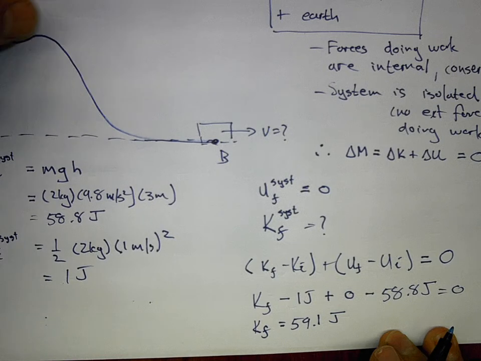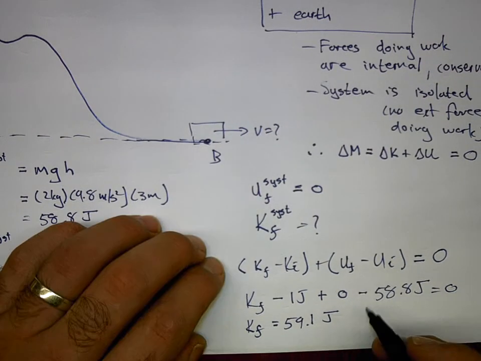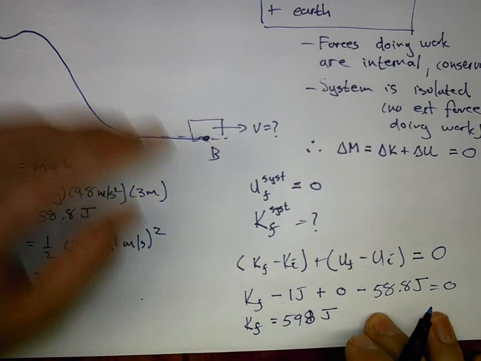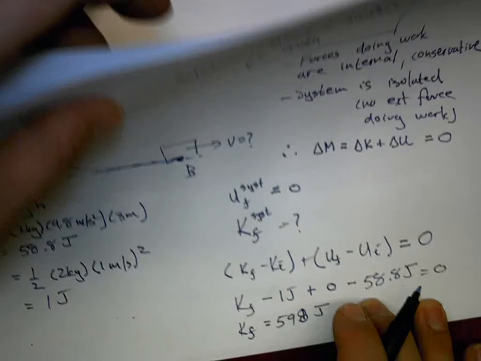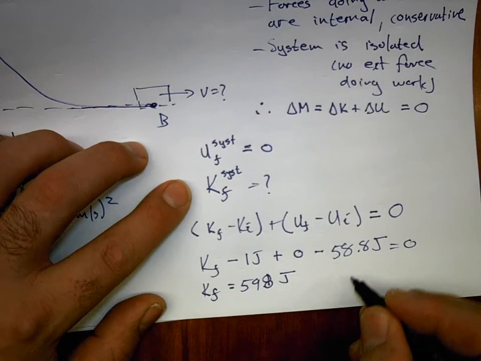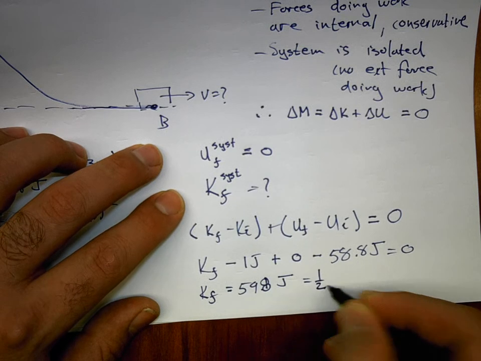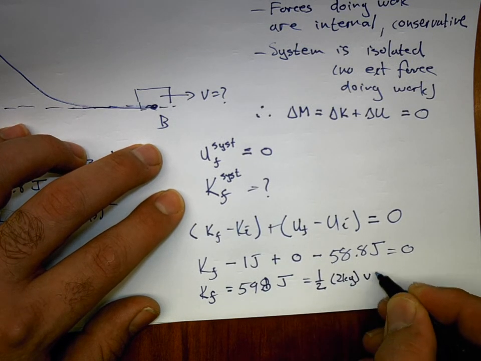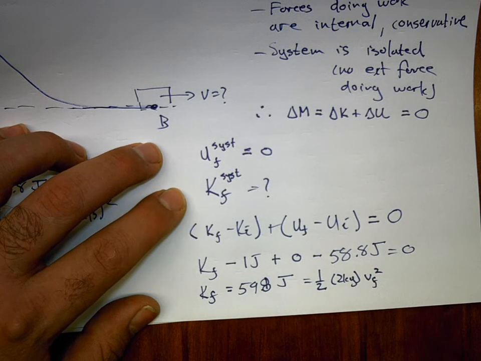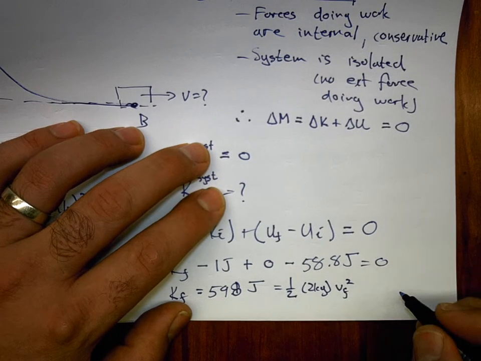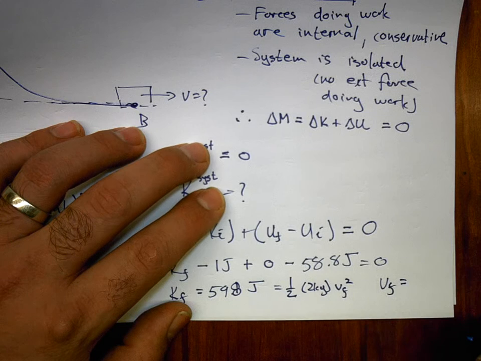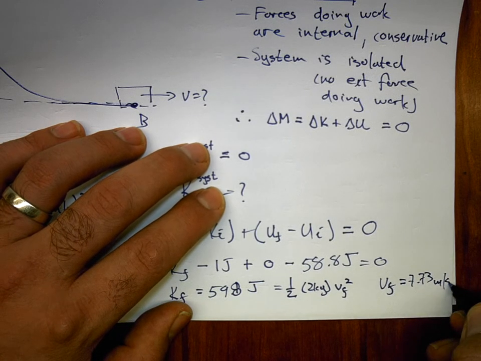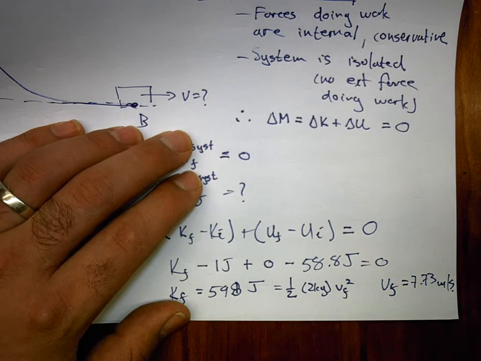From this, we can calculate the final velocity. We know that this must be equal to a half times 2 kilograms times the final speed squared. And if you do the calculation, you should find that the final speed is equal to 7.73 meters per second. Right, I think